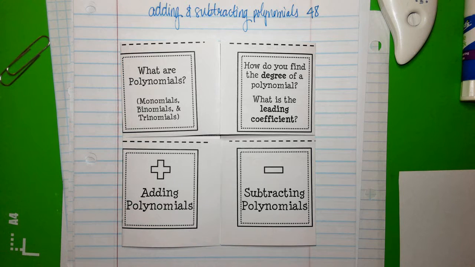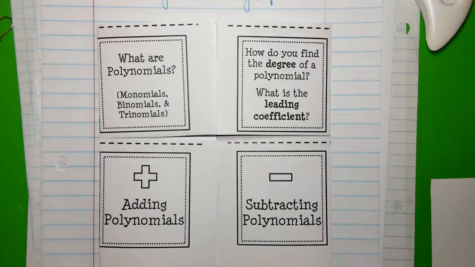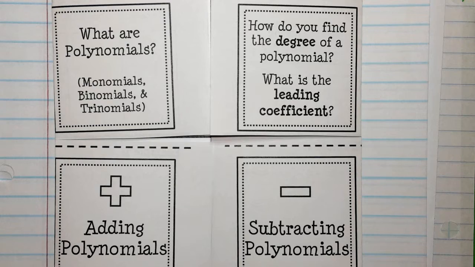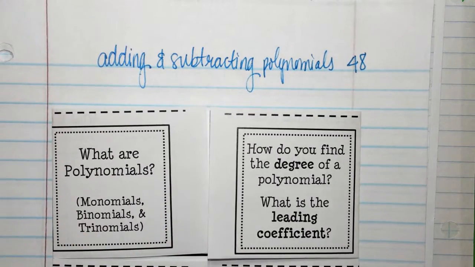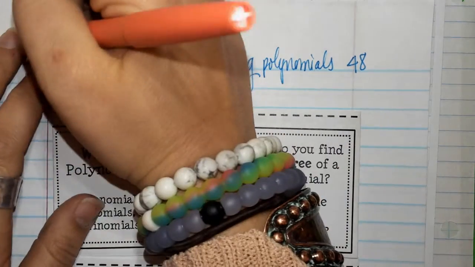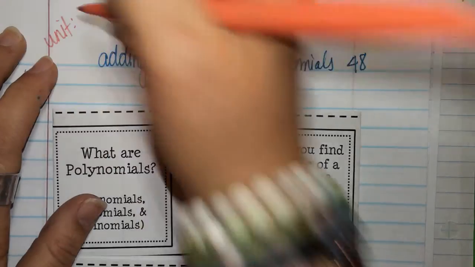So today is the start of our new unit, which is on polynomials. We have two learning targets for today. The first learning target is for the whole unit. The second learning target is specifically for today. So by the end of the unit,